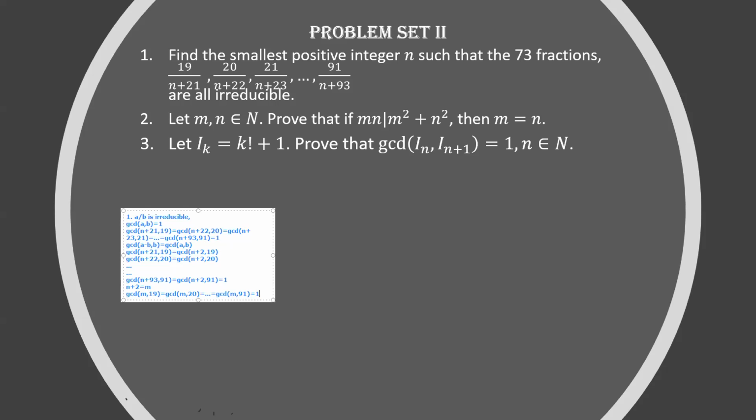If there is any prime number which is between 19 and 91, that prime number will come in this 19 to 91 range. So if m is any number between 19 to 91, automatically the GCD of that number will get repeated, so that will not be 1. That is the first case. The second thing is, what if there are prime numbers smaller than 19? What are the prime numbers? 2, 3, 5, 7, 11, 13, 17.